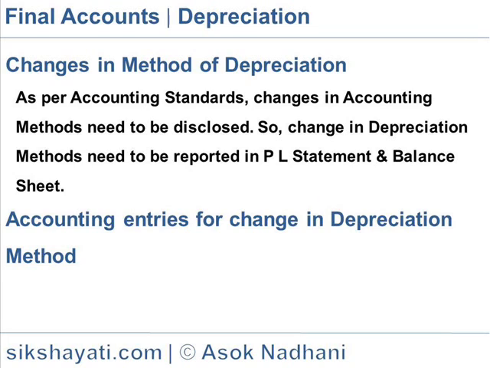Accounting entries for change of depreciation method. The rate of change in depreciation is to be adjusted for under depreciation or over depreciation. Total depreciation provided on asset under existing method will be calculated up to the end of the previous year under the existing method. Total depreciation on asset from the date of retrospective effect to the date of change would be computed adopting the new method of depreciation.